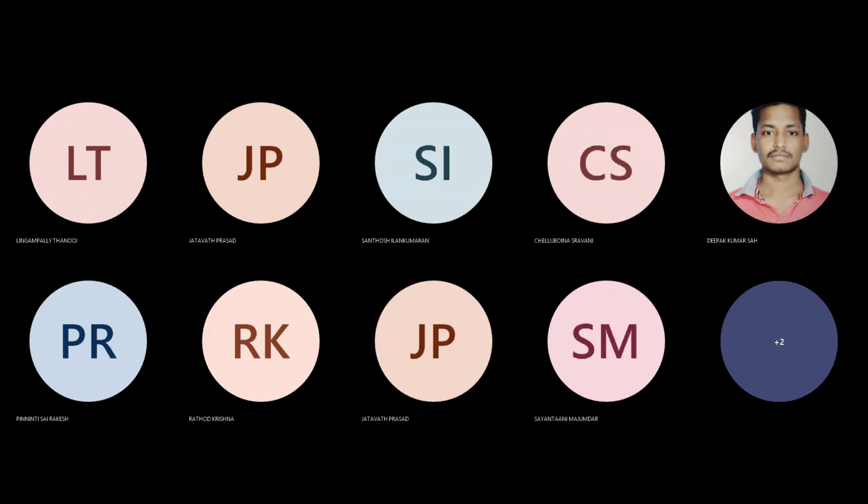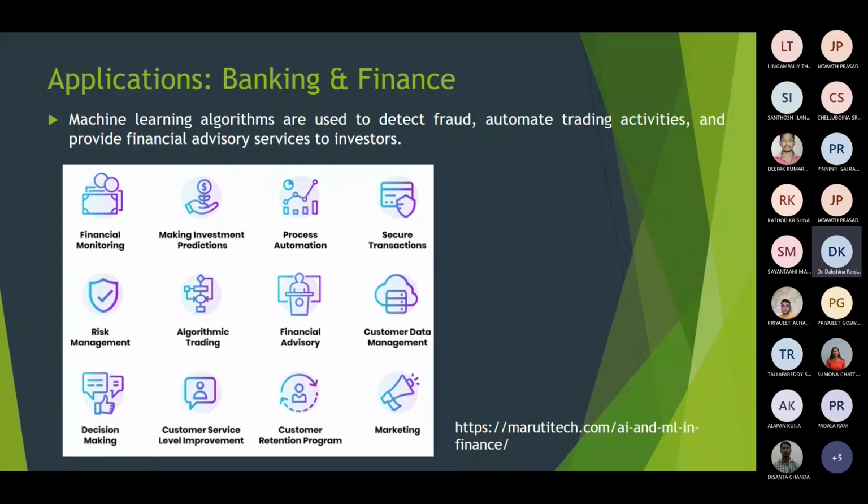Applications of machine learning in healthcare. And today we will see more areas where machine learning algorithms are used. One such application area is banking and finance. In banking and finance, machine learning algorithms are used to detect fraud, automate trading activities, and provide financial